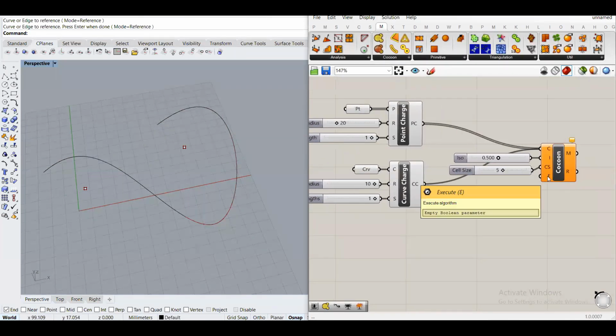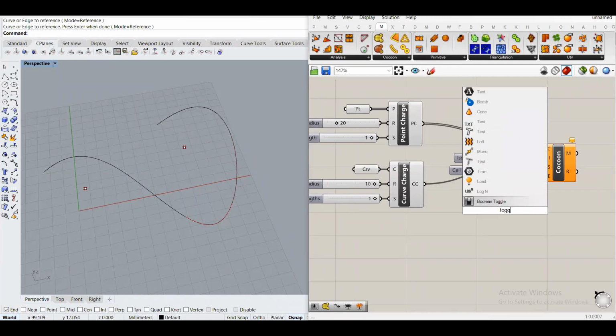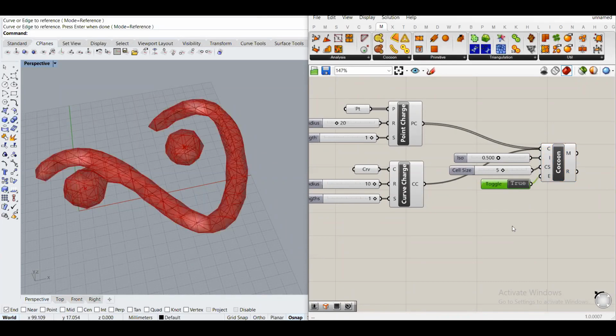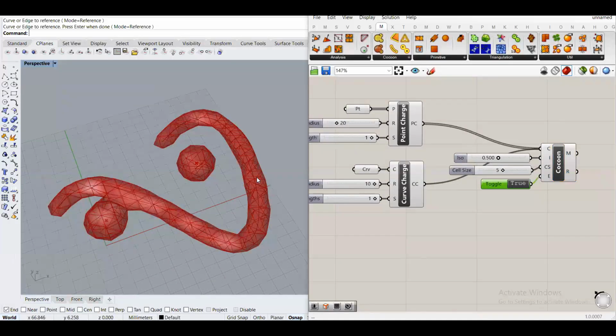And then the last one is execute. Would you like to execute the algorithm? So we just toggle, Boolean toggle, and plug that one in and toggle it to be true. And we end up with something like this. Not too fancy,